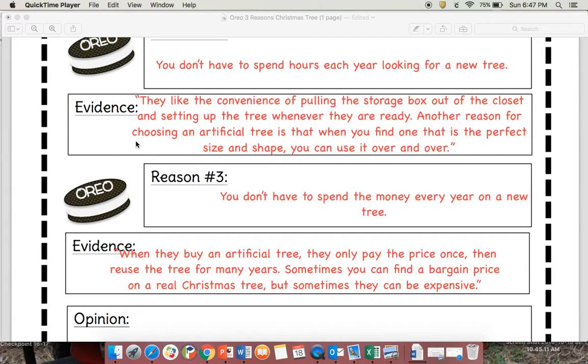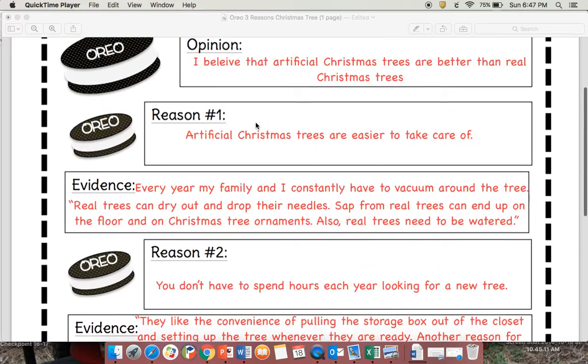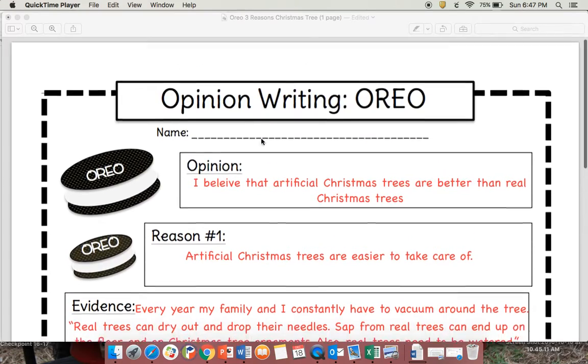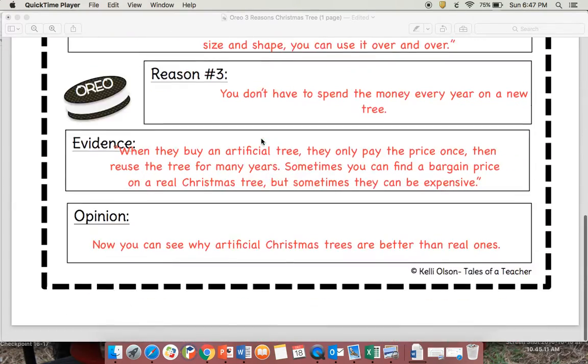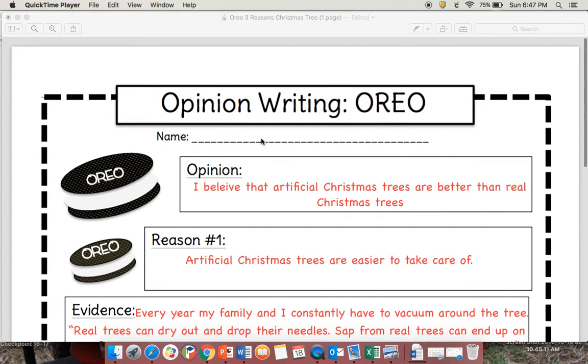Hello, in today's lesson we're going to be learning how to write the three middle paragraphs of an opinion essay. And so what you're going to need is your completed Oreo graphic organizer filled out. Make sure that it's completely filled out. If not, you need to go back to Monday's lesson and read the directions on how to fill out your